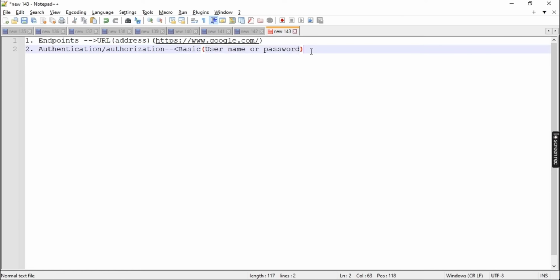Or they might give you a token. Or there's another type of authentication, OAuth. We'll talk about it in an upcoming session, what is OAuth 2.0. So these are the different types of authentication you will be using in ServiceNow: basic, token,